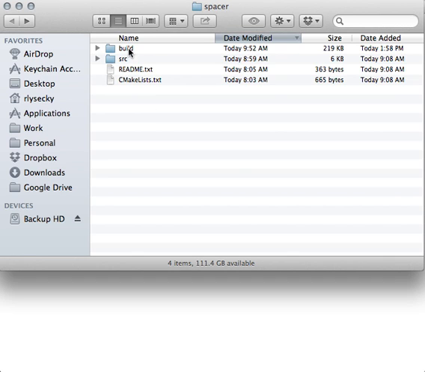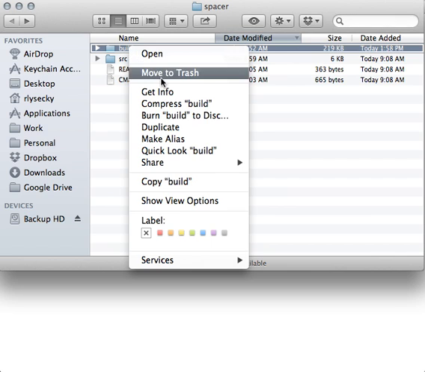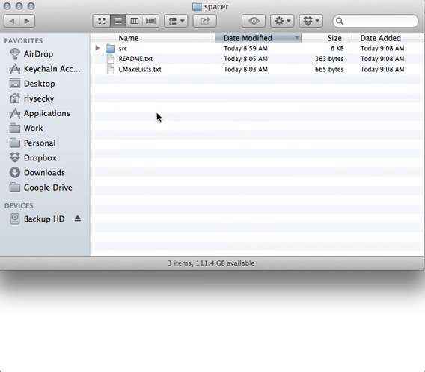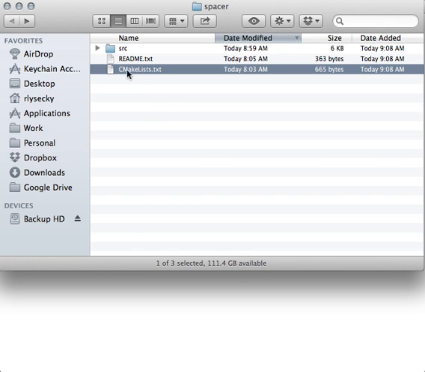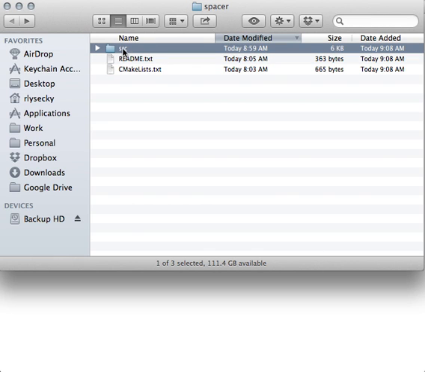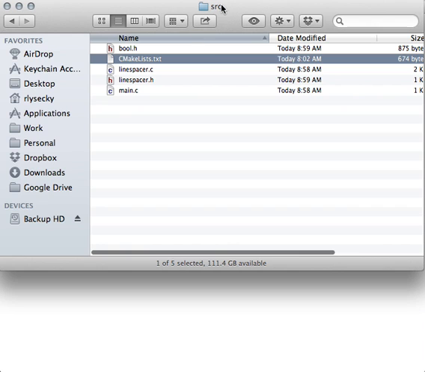The build directory, of course, was the directory that contained our project files along with their executable, and we do not want to submit this as part of the submission format. So we're first going to delete that directory. What we're left with is our top level cmakelist.txt, we have a readme.txt, and we have our source directory, src, which contains our cmakelist.txt file inside the source directory and all of the source files required to compile the